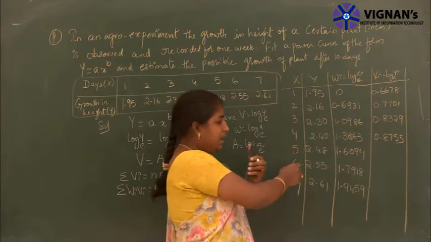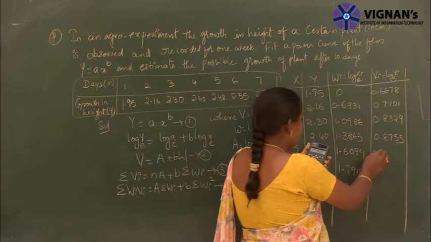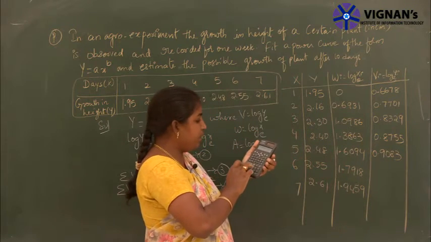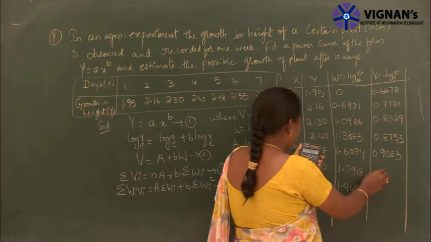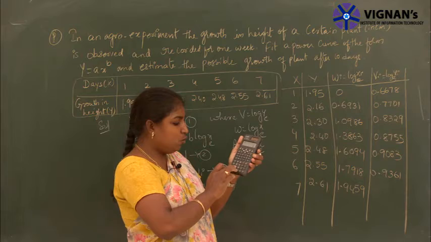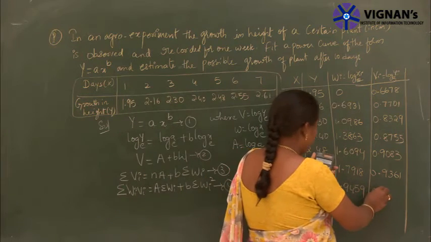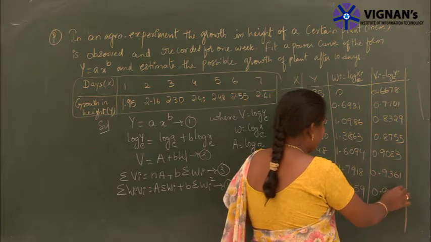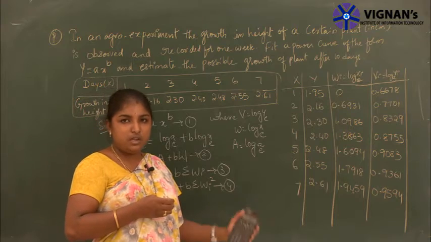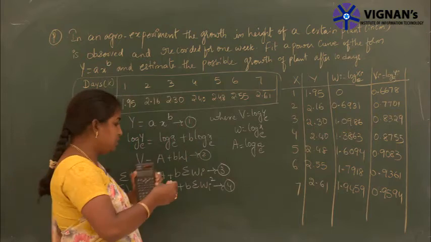0.8755. Next, ln 2.48, that value is 0.9083. Next, ln 2.55, 0.9361. Next, ln 2.61, that value is equal to 0.9594. After finding the wi and vi values, we give these two values into the calculator and we get the summation values